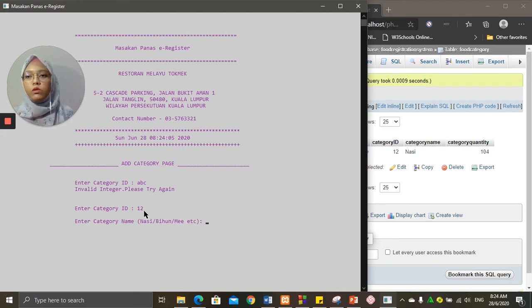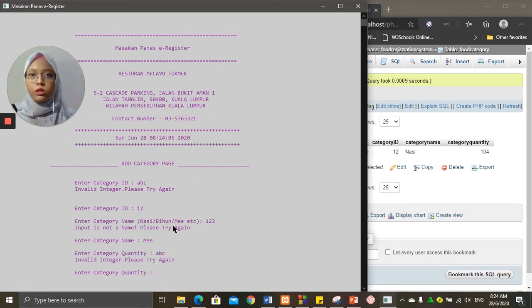Okay, so for category name, what if the user enters an integer for category name? The system will notify the user that the input is not a name. Let's try again. So this time we can enter maybe mee. Okay, now enter category quantity. We test a character under category quantity.